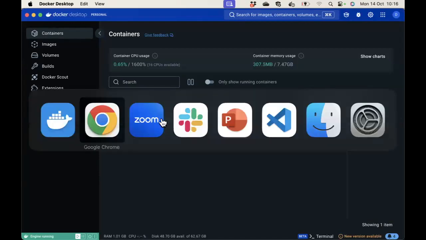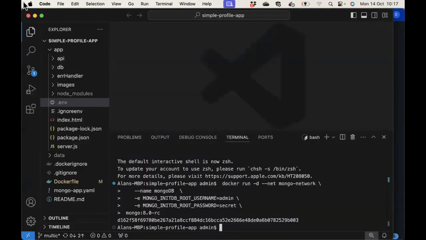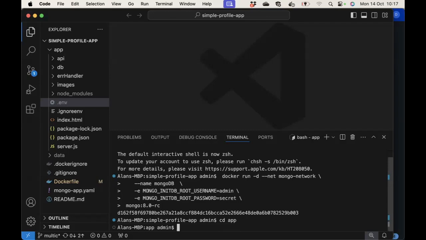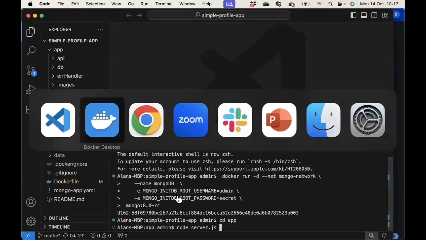And then some people tried to do the following. So here's the user profile app inside VS Code. And if I try to run that locally, I need to go down to the app folder, cd app, and then go node server. And the reason people might have done that is if I go back to the website,